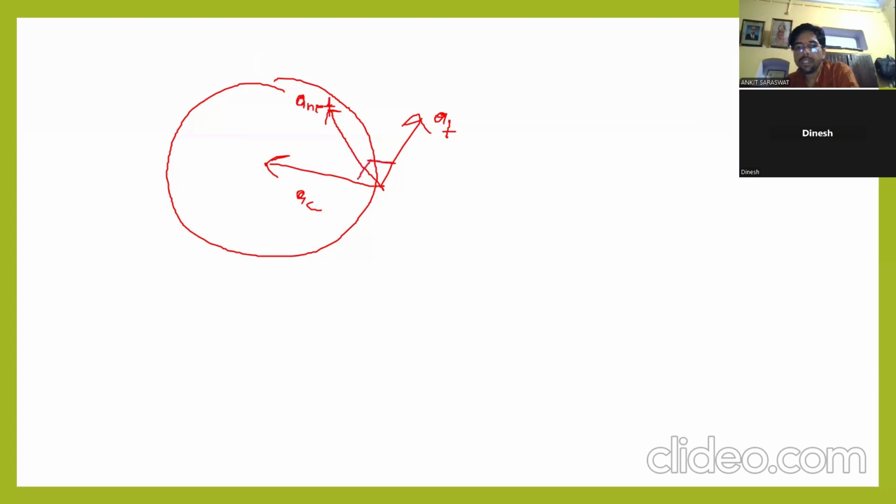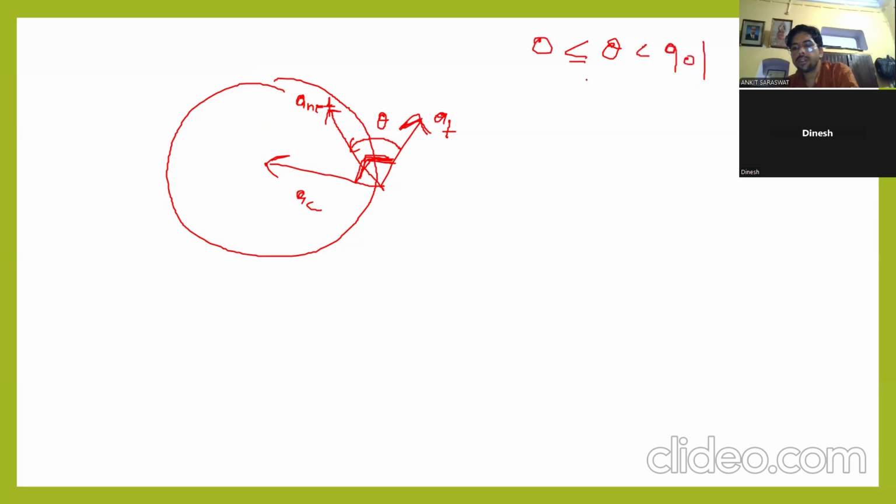What is the angle between a_c and a_t? 90. What is the angle of a_net with a_t? Theta. 90 minus theta. If this theta is more than 0 and less than 90,